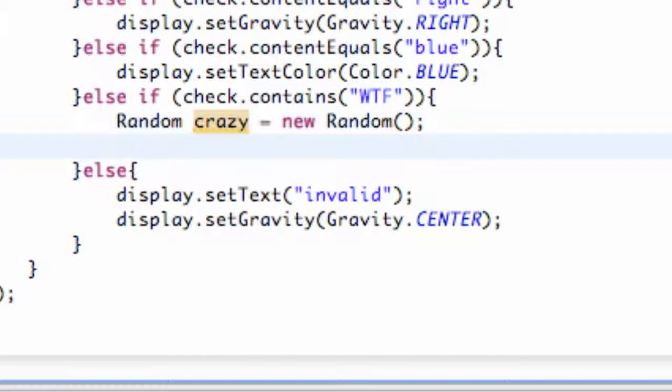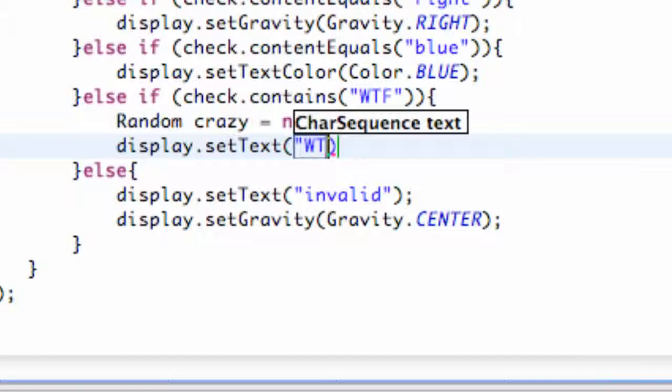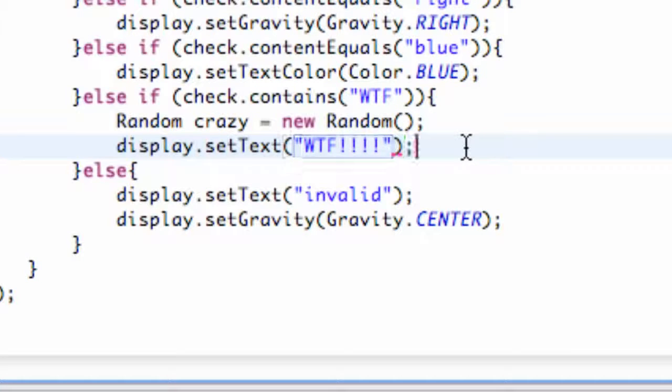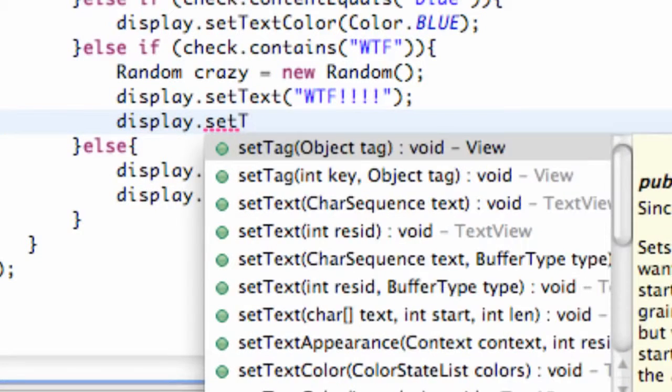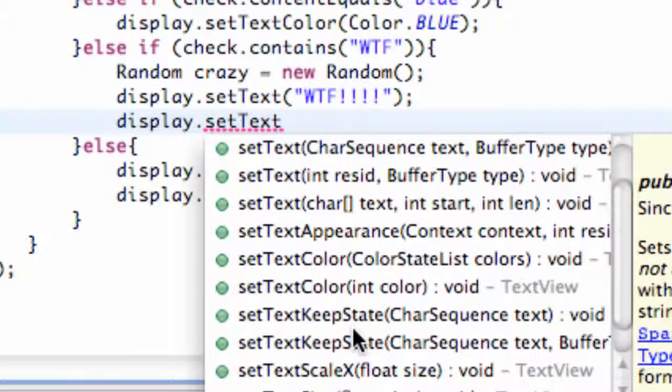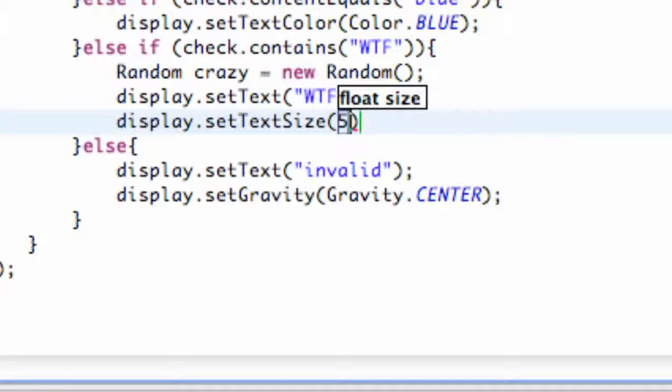So now what we're going to do is define some methods within this WTF, where's the fridge, and again we're just going to set the text to WTF, oops, something like that. Next thing we want to do is maybe change the text size. So again we can say display dot set text size, and here's where the beauty comes in, because we can just say, you know, like 10, something like that, 50,